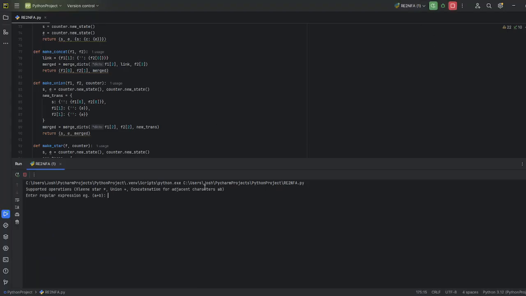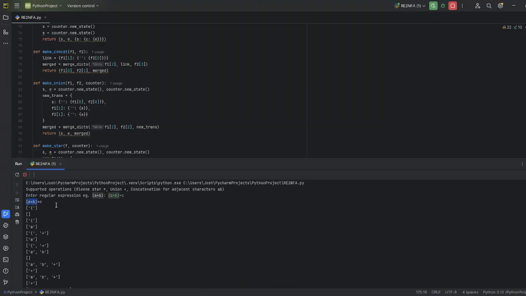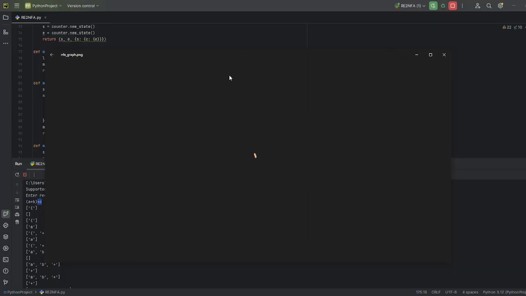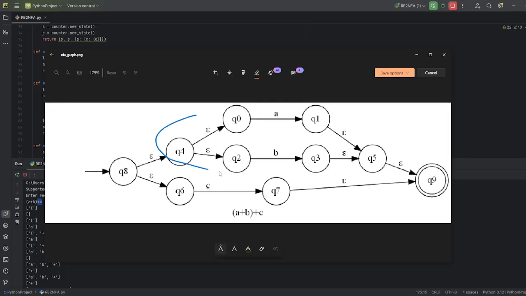For example, we have A plus B, and then plus C. This means that you need to first do A plus B before you plus C. Here in the graph, you can see that the entire parenthesis union is performed first, before it's unionized with C.